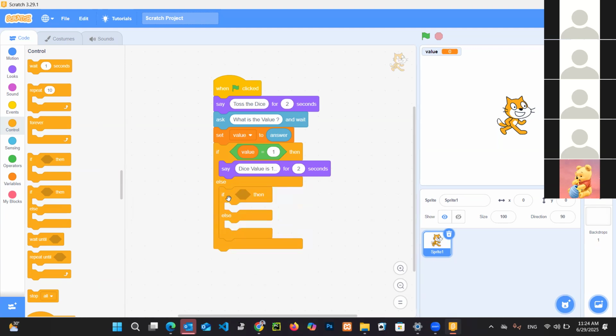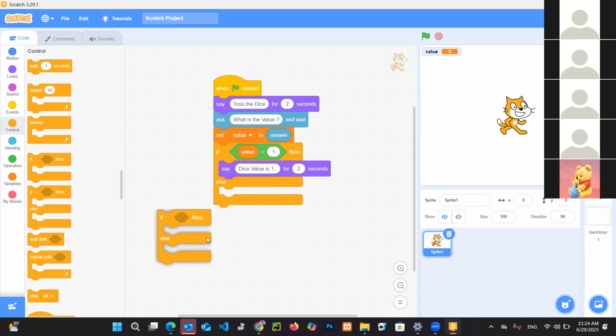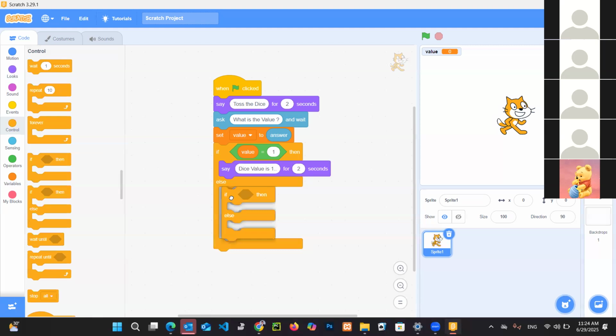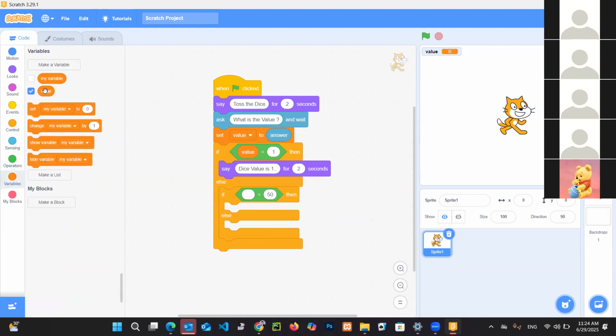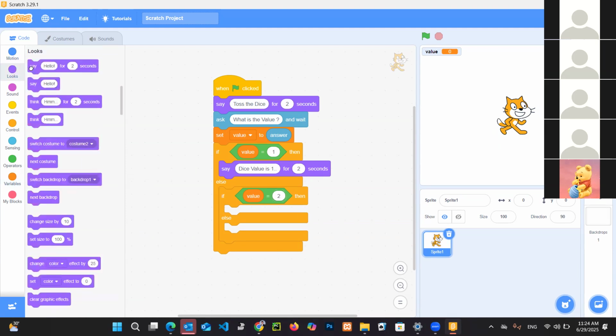Therefore, I am using another block here. In that, again, I want to check whether the value is equal to, from the variables, the value is equal to 2. If the value is equal to 2, I am going to display,